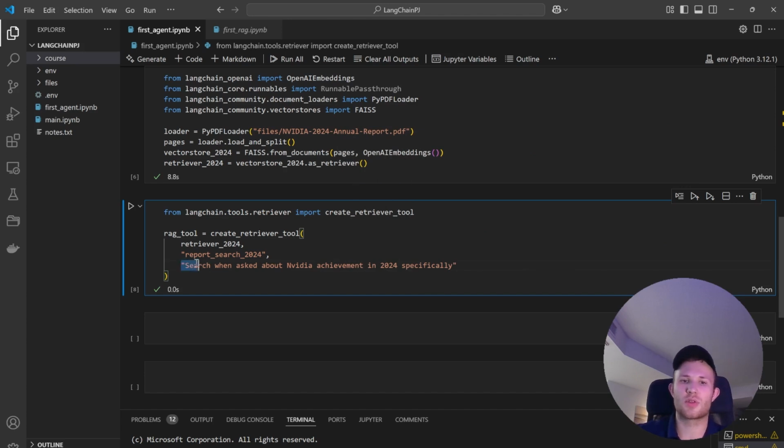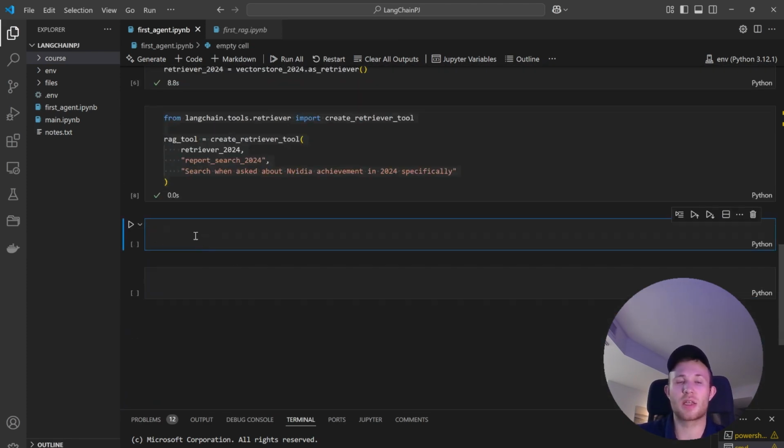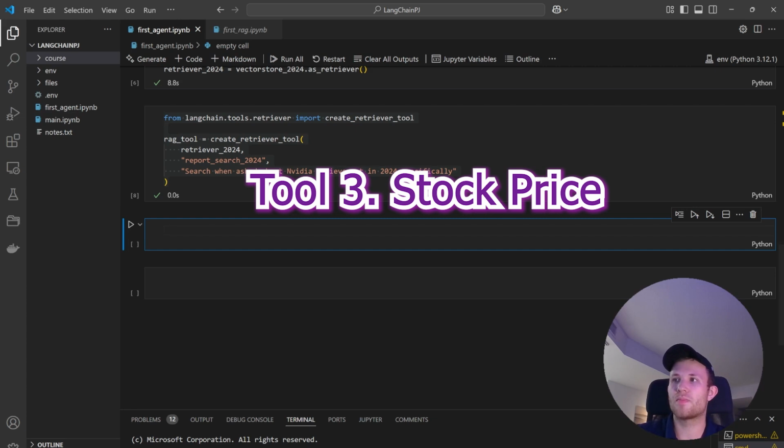And again, a description is optional, as is the name, but this provides the context to the agent to further understand when to rely on this tool, when to activate this tool, right? So for this, description is important. So we defined our second tool, the RAG tool. And the last one that I want to show you guys is the stock price tool. So for this one, we would need to use the